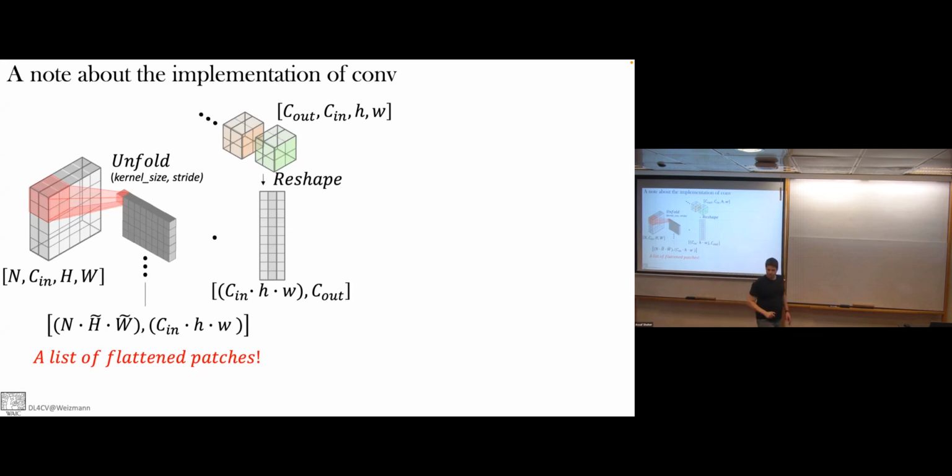You flatten it the opposite way for matrix multiplication? Sorry? You flattened it the other way around for matrix multiplication? What is the other way around? What is the right way? In HW is in the opposite. Why is it not C out first? Yes. So you can see that I'm about to do matrix